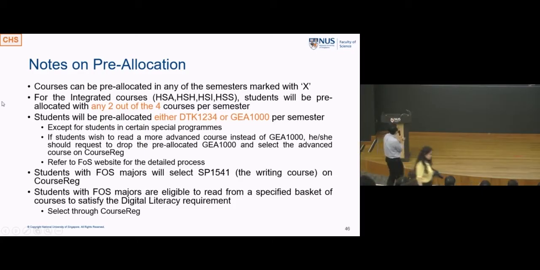Okay. So 2 out of these 4 courses, you will find them pre-allocated to you already before the semester starts. And then 2 plus 1, which is either DTK 1234 or GA 1000, will follow those 2. So therefore, in your very first semester, out of the typical 5 courses that you take, 3 of them have already been determined for you. All right? Of course, in your senior years, you have more choices to make, but in your first semester, you have choices, but not that many.